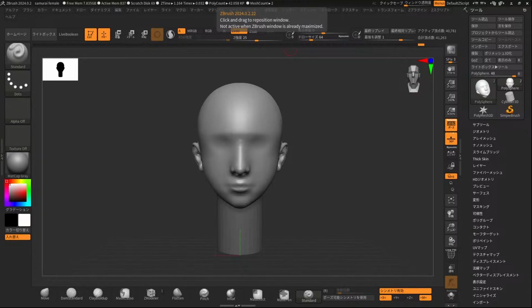Before we run it though, we need to make sure that we're going to tell ZRemesher to use our groups. So we're going to click keep groups. And you can see smooth groups is a parameter that comes up online. By default, smooth groups is set to 1. So it's actually going to keep in mind those groups, but then kind of smooth them together. So you might lose some of the shape, but we'll keep it at 1 and see what we get before we tweak it. So I'll hit ZRemesh and see what we get.